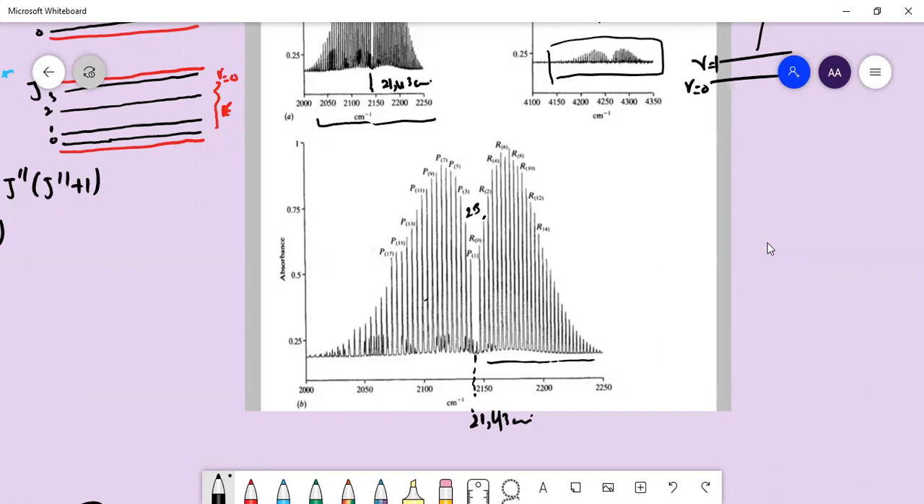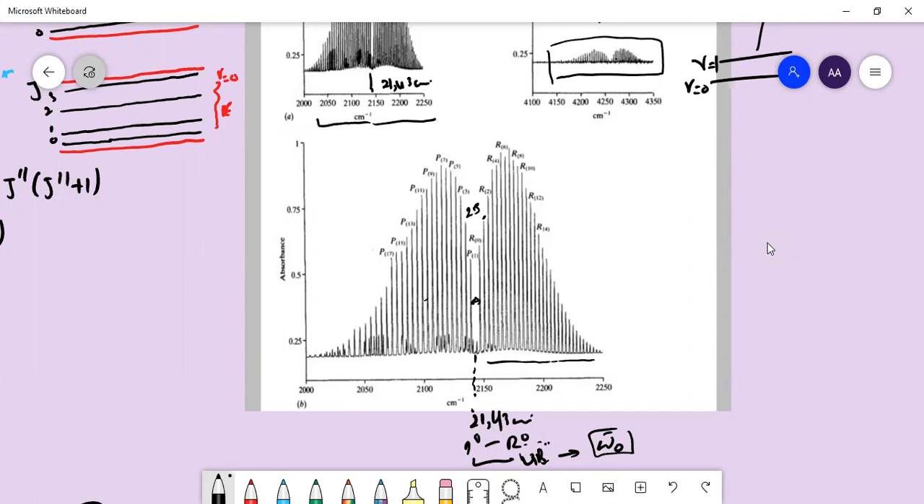And the first gap between your P0 and R0, the gap between these two is 4B, because we know that the line at the actual band center origin omega naught will not appear, due to which we can consider the gap between our first P branch and the first R branch is equal to 4B. And if you